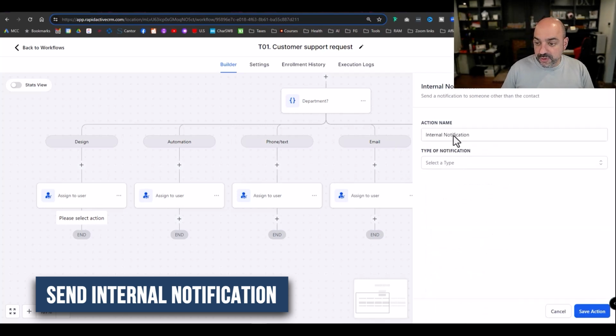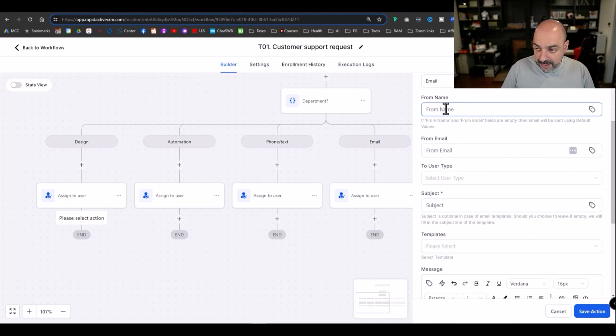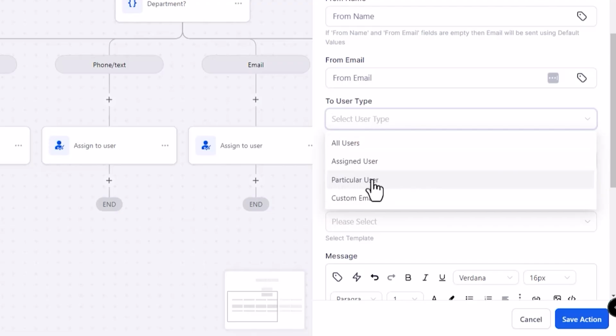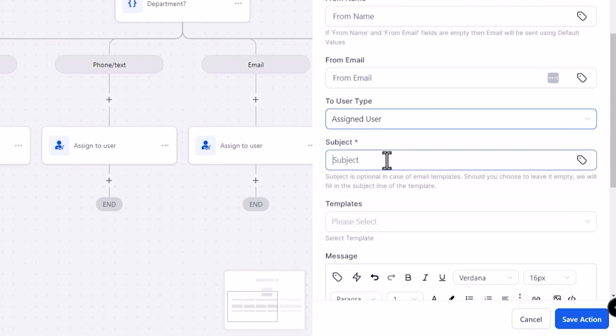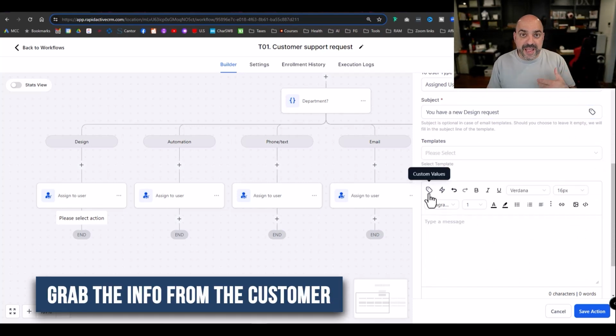So I'm going to send an internal notification. This is going to be an email, and the email is going to be from whatever the location area is and everything else to a particular assigned user, because now we just assigned, you have a new design request. All right. Now that happens, we can grab the information from the customer because we have the questions that we